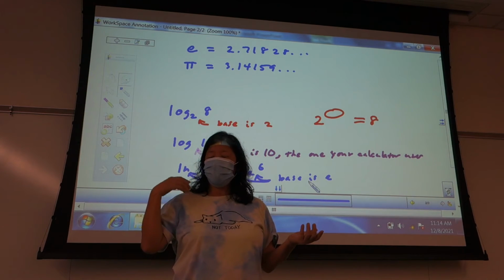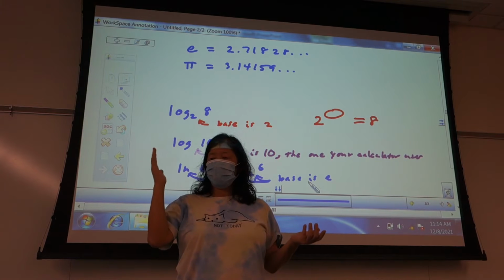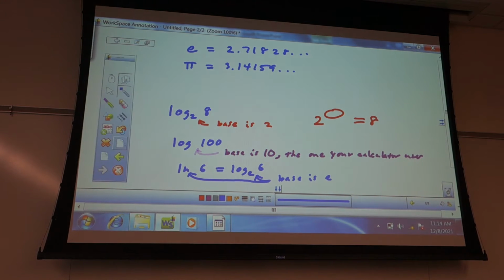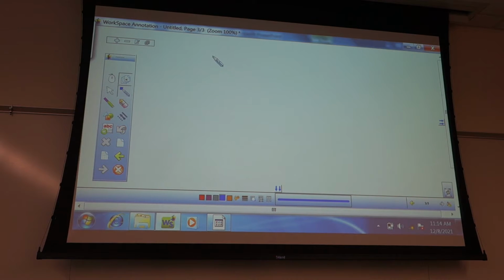If I have, well, let's do this one. 5 equals